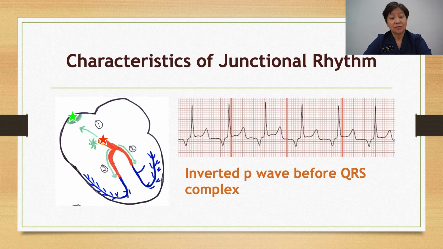The star there shows the pacemaker started from the proximal part of your AV node, and it will retrograde depolarize the atrium. That's why you have the inverted P wave before the QRS. Next,